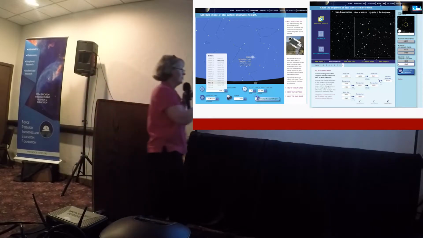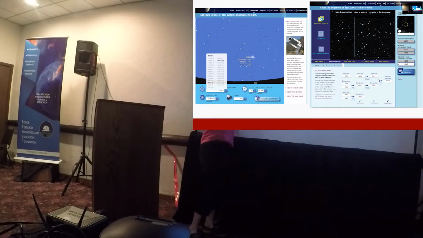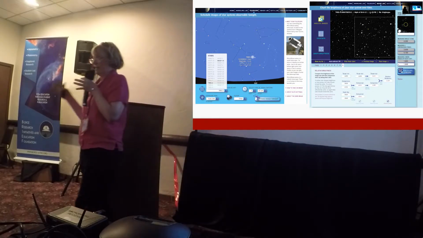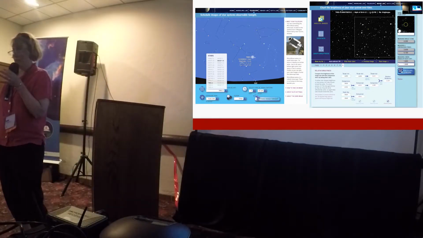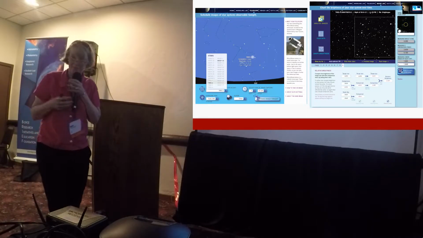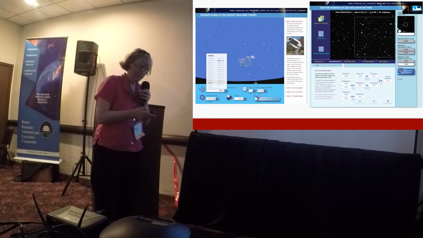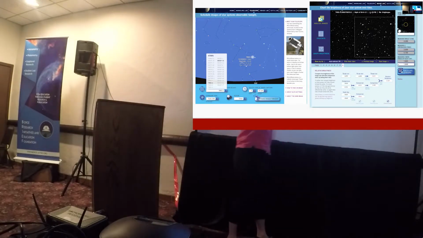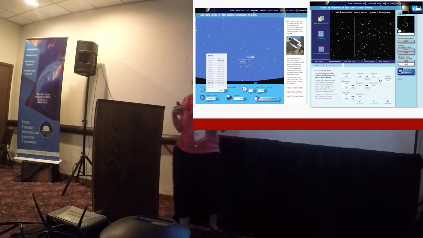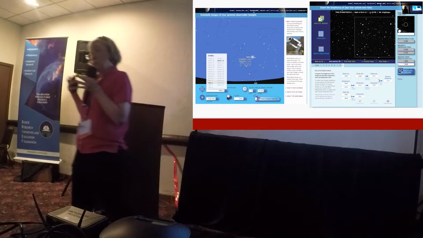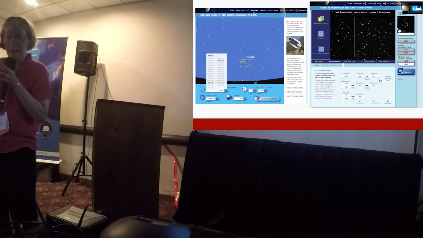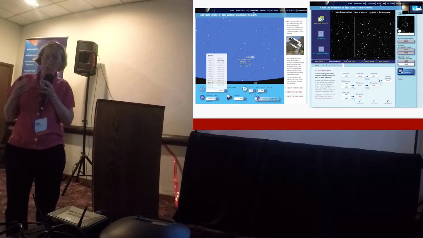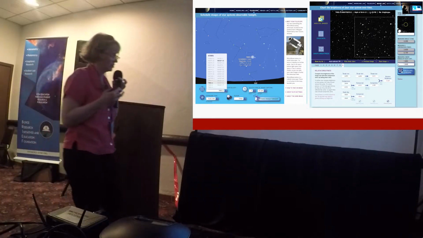They then make requests for images over the night, and the teacher can separate that out so that each student's getting 10 of the 100 images that are available that night. They then go on the next day, those images come back, and there's a built-in photometry tool, but it's kind of a manual photometry tool to unpack what's going on. What are you really doing when you measure the brightness of a star?